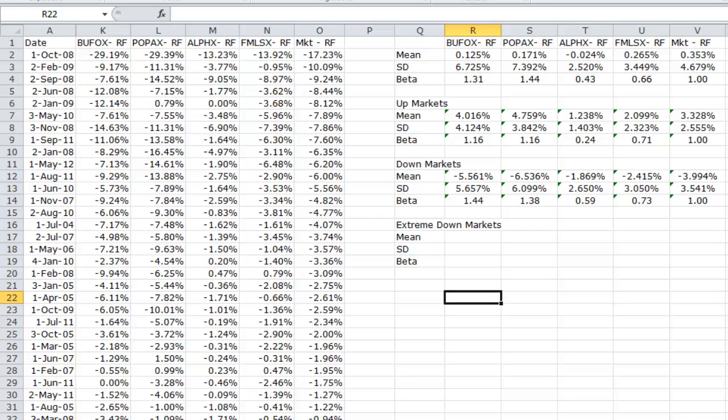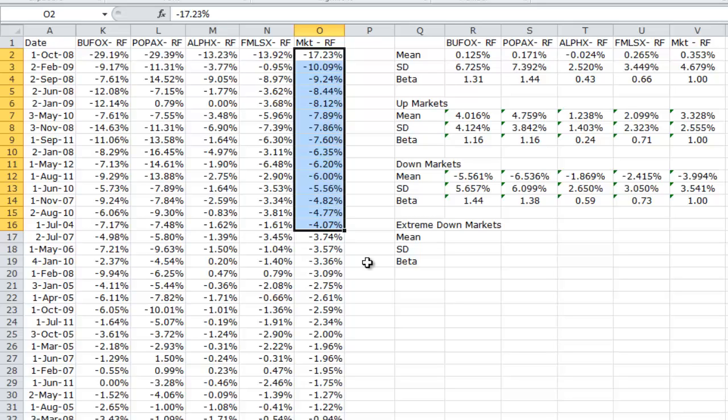Now, there are a variety of ways that you could try to define extreme down markets. The trade-off is this. We would like it to truly be extreme. Like right there, we can see those are clearly extreme down markets. The market's going down 4% in a month or more. The problem is that's only 15 observations. You really can't trust a beta that's estimated from 15 observations. So the trade-off is you want to get as many observations as possible